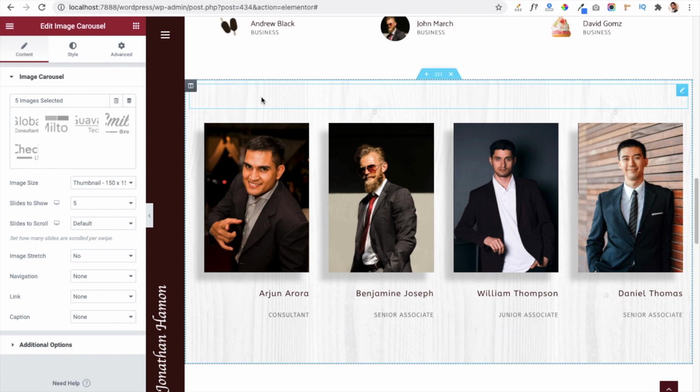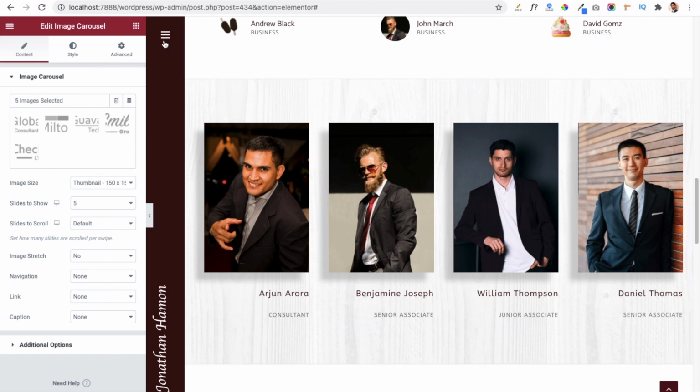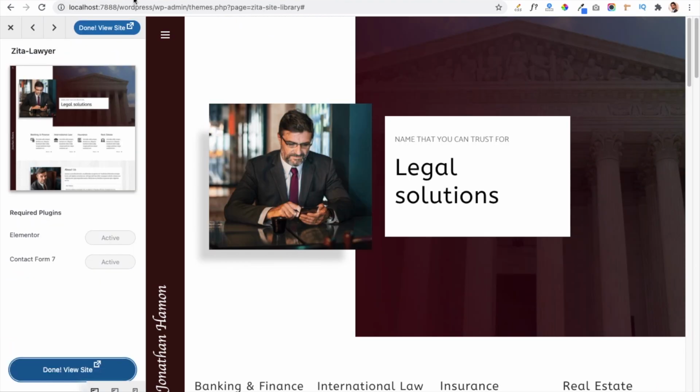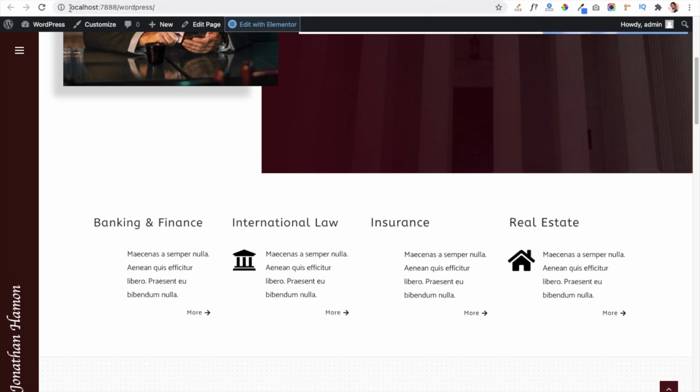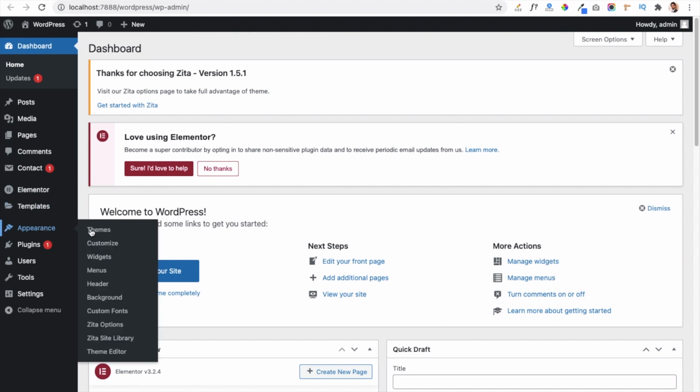Now friends, let's move to the customize area of the theme, and let's see which options are available with the theme, so that we can manage all the settings in our website. You can see this is the header area, which is showing on the left side of the page. You can easily manage this with the help of the theme's customizer panel. So just go to your dashboard from this link, navigate to the appearance tab and click on the customize link.